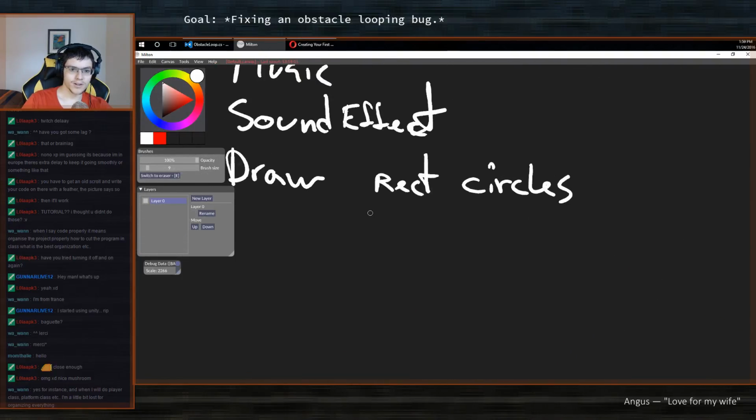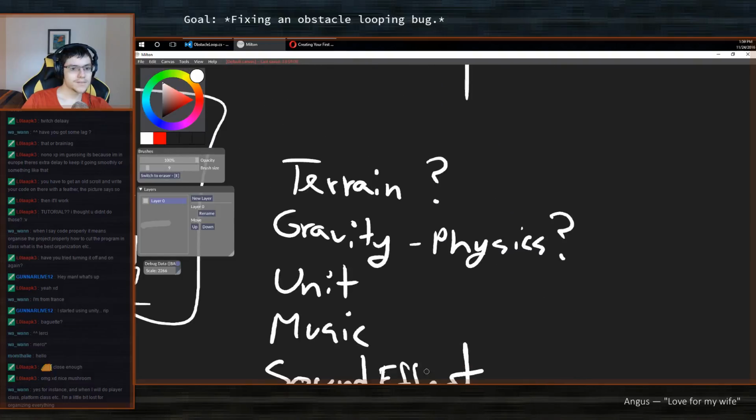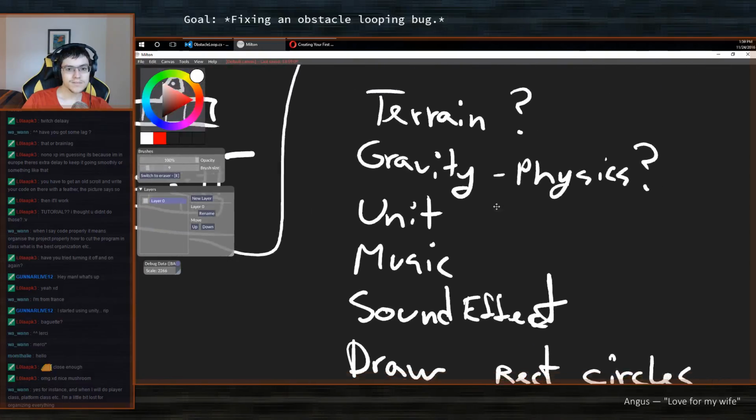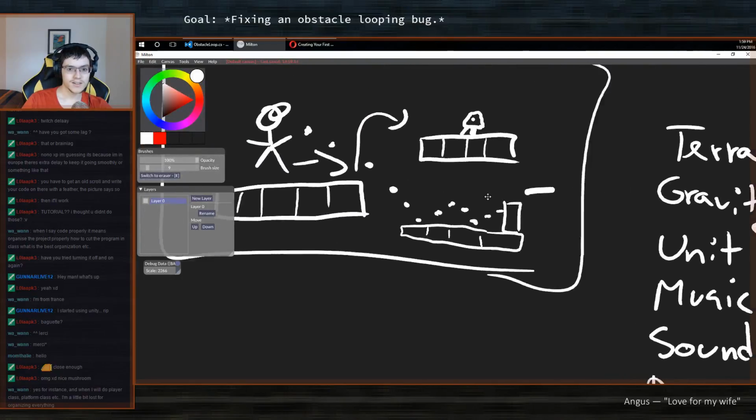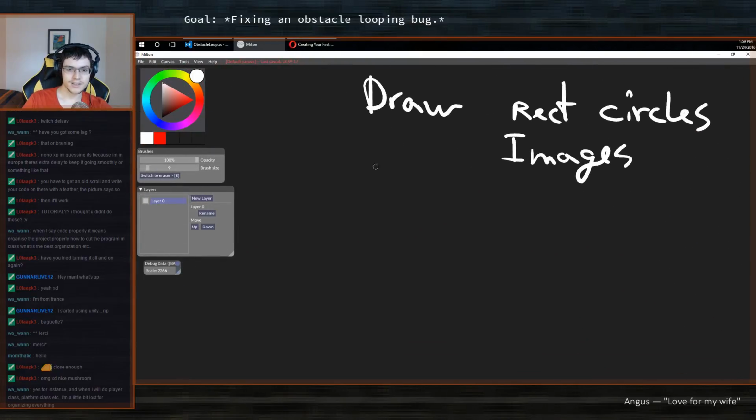Then maybe later you want to learn how to draw images. So yeah, making a game is kind of complicated when you think about it.